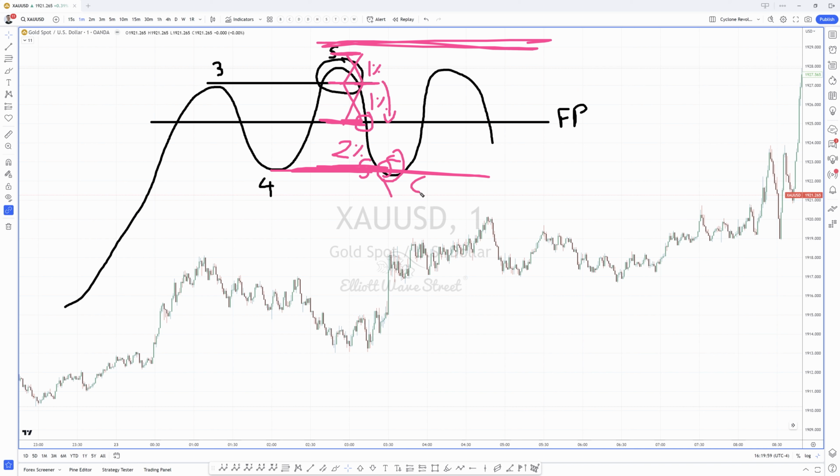Oh, but I need validations. Yes, you need validations, but you need to improve those validations in order to trade closer to the high. If you wait too much time, nope, you are late.